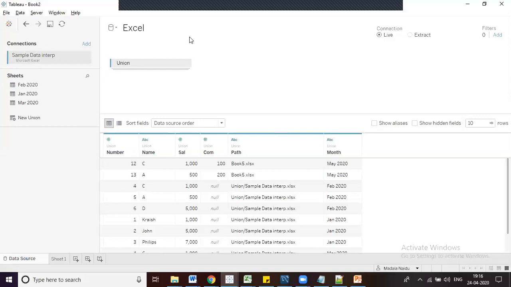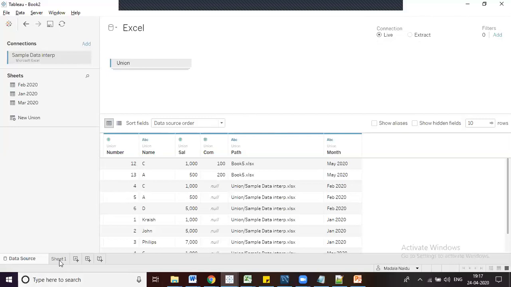Now coming to the right side of this canvas page, here we can see the connections. Here we have live and extract, right? What is the difference between live and extract? Now I am going to Sheet 1 by selecting the live connection.